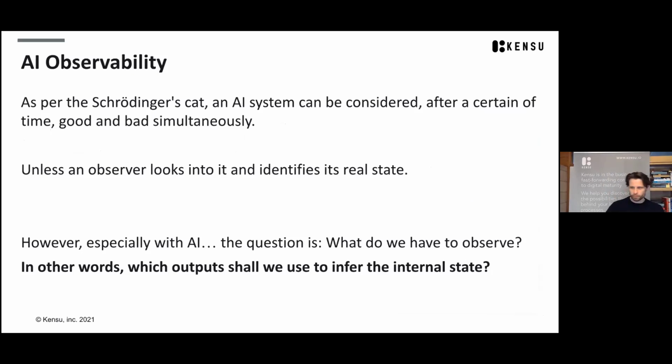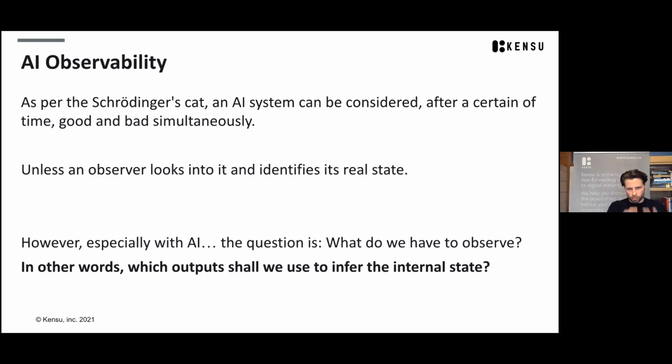But in AI observability, I know that I'm taking a long road to get to AI observability, but I think it's interesting to have these two things in mind before digging into what AI observability should be doing. Like for the cat, the AI system can be, after a certain amount of time, good and bad at the same time. Because catastrophes will happen. I can tell you, they will arrive, right? It's not something that may sometimes arrive. No, it's something that always happens because of the assumptions. If the system is not systematically at fault, the world will be the culprit.